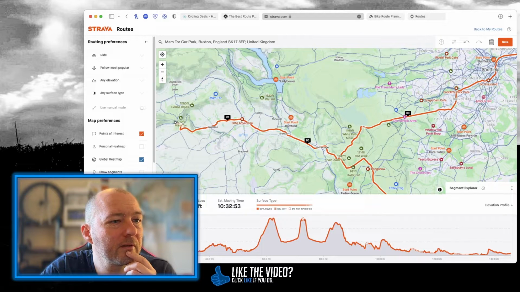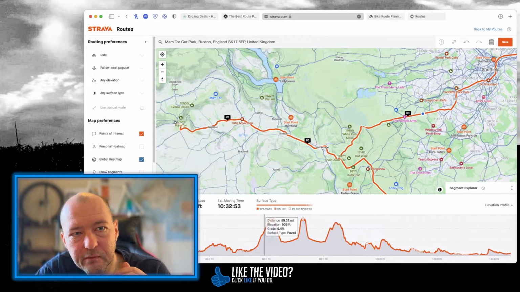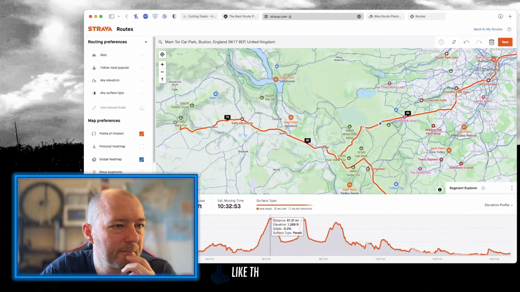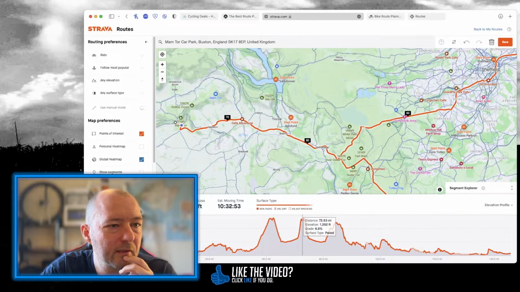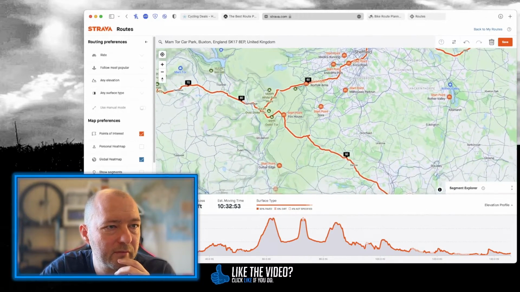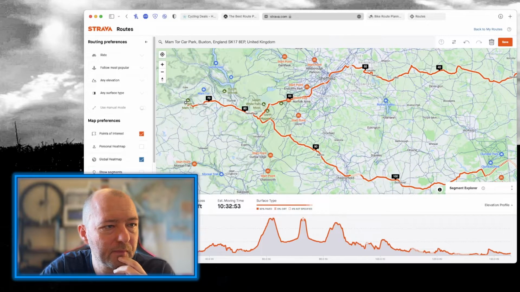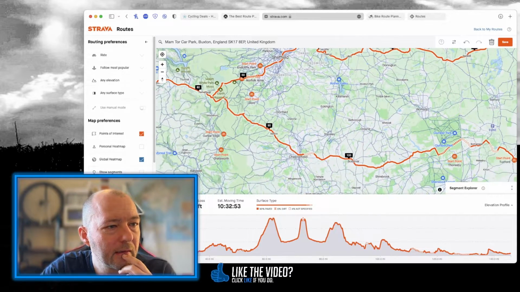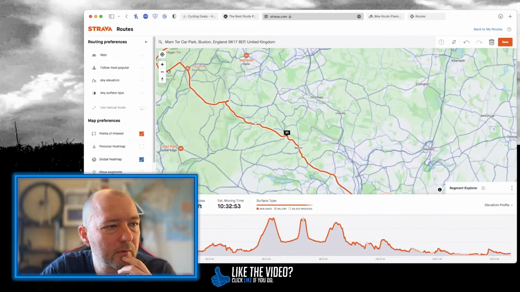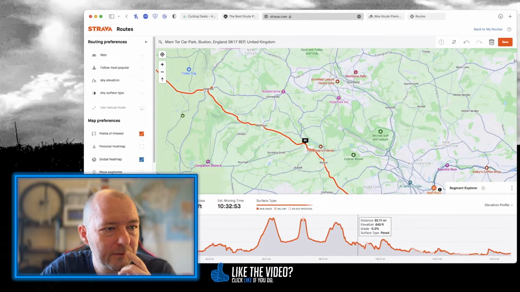Right, it still wants me to go south though. So where does that, so it gets hilly. Yeah, it's the same road I think. A couple of nice little climbs. I don't think I've been on that road actually, so that would be interesting. And then all the way back. So the return route, because Strava wants me to do something completely different, wants me to catch all the way towards,